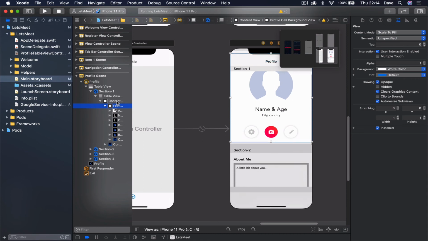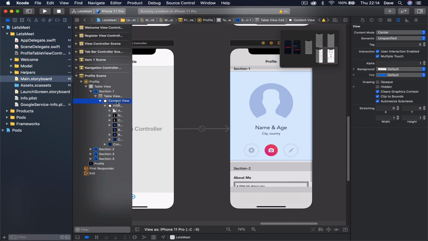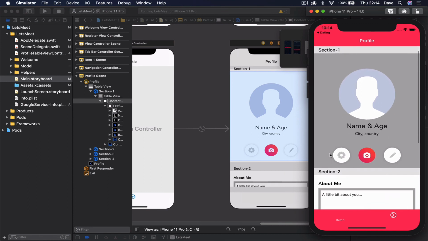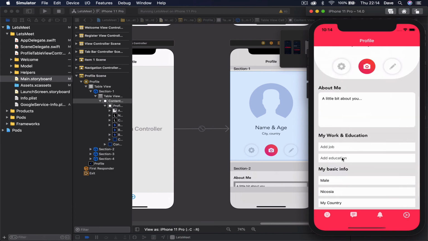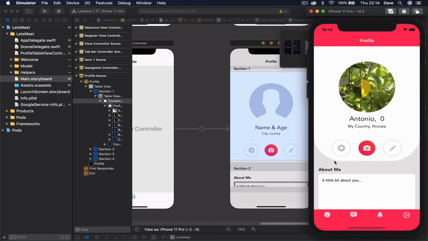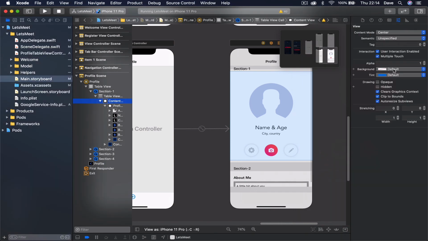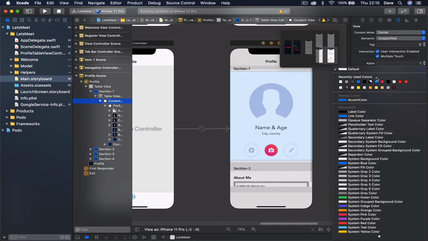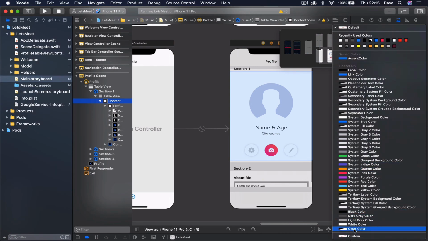Okay, and the content view, we want to change the color of content view, because once we are going to make it around edges, if they have same background color, you will not see the difference. While here you can see the background, we have kind of gray, and then this area white. So let's select the content, and the background of the content we are going to change from the white color as it has now the default. Let's put this some kind of custom color,